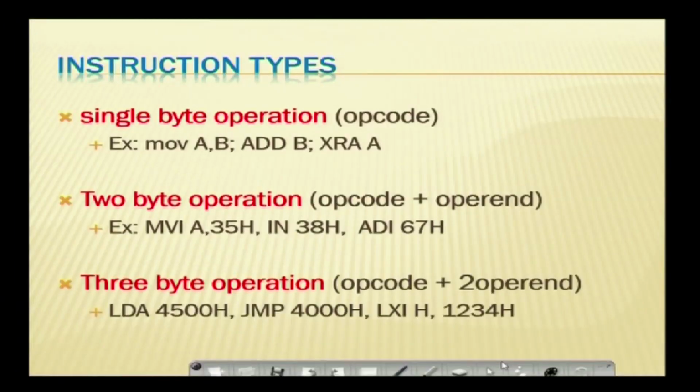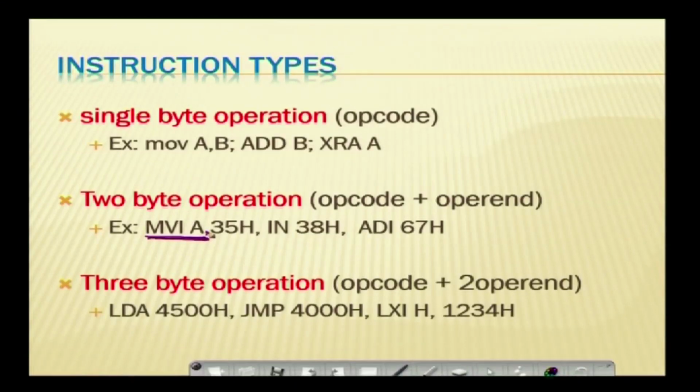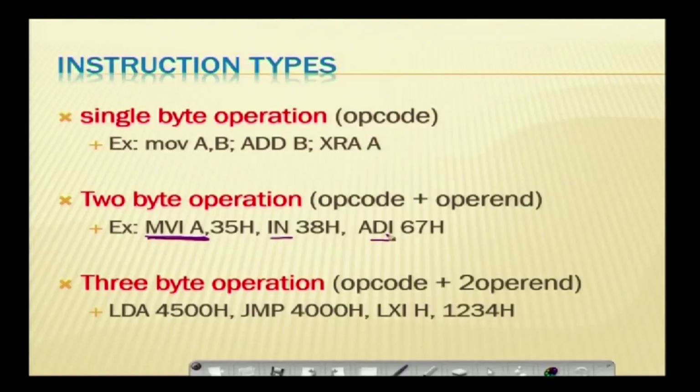In 2 byte instruction we have a few examples. So, MVI A, 35H. MVI A represents the opcode, then 35 is the operand. So, from the opcode sheet we are collecting the data. The operand may be an address or data. In this instruction it is the opcode, 38 here is the address. ADI 67 means add data immediately. So, add data immediately means the given immediate data 67 is added with the accumulator, then the result is stored in the accumulator. So, ADI is the opcode, 67 is the data.